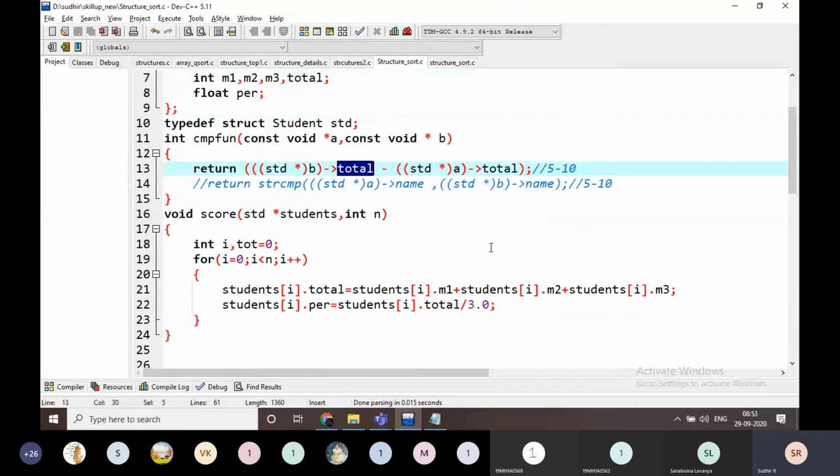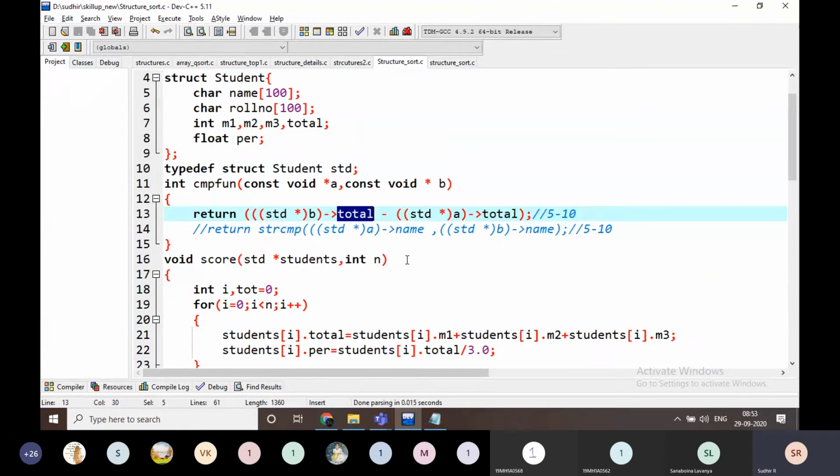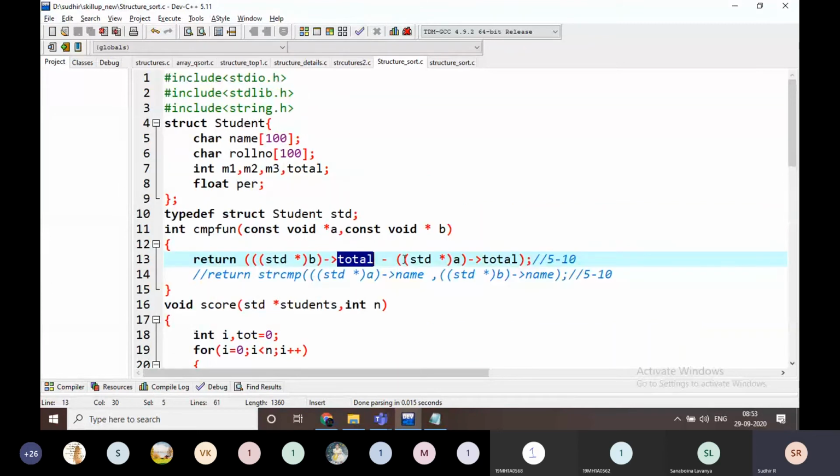Just once again, you have to work on the structures, then you will understand. There is no logic here. If I am going to sort it, I am going to apply one qsort methodology. Okay, and in this way we are going to write some structure programs. We can write n number of programs, no need to worry about that. If you are good at strings or any arrays, the structure is similar to that one. That's it, nothing else.